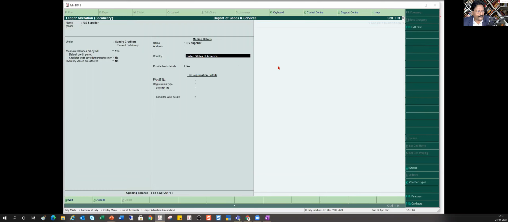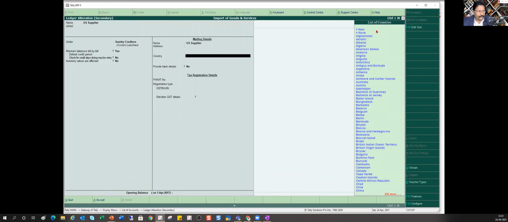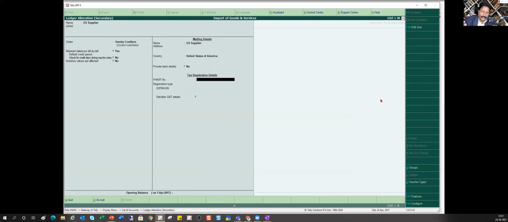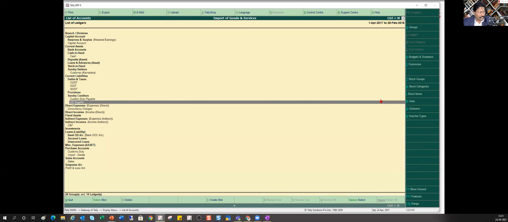The important thing is that you will select the country here. It is going to give you the list of all the countries. When you select the country, you will notice Tally jumps. It is not going to ask you for a GST number or a registration number. Nothing, it is going to ask you. Straight away it takes this. So now Tally will know that if you use this party in your sales voucher, it is considered as export. If you use it in your purchase voucher, it will consider it as import. So this is the configuration that you do for the party master.